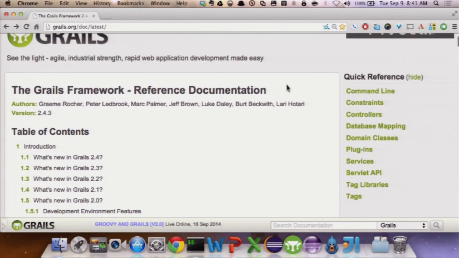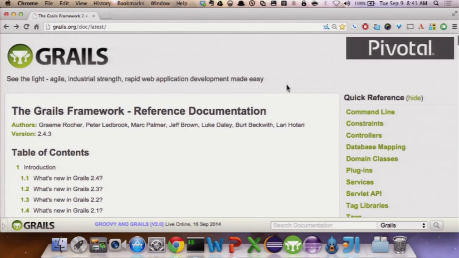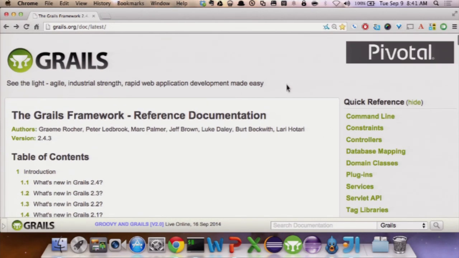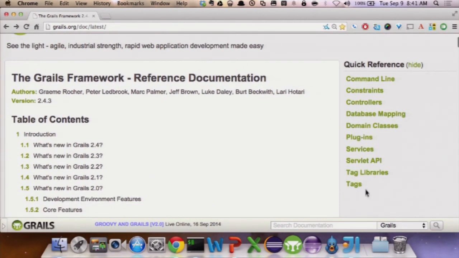This is definitely the first place you want to go when you have a question about how to do something in Grails. This is not a bad Grails tutorial as it stands. It's not complete, it doesn't have everything you want to know, but it's very good. And I'll give you a list of references at the end of the slides. Okay, I have a series of books that I would recommend for that sort of thing. But this, you want this bookmarked no matter what you do in Grails. You always want to be able to get to the user guide here, and there's a whole list over here